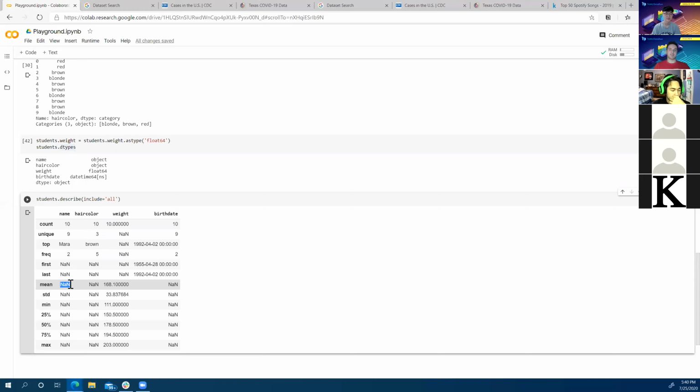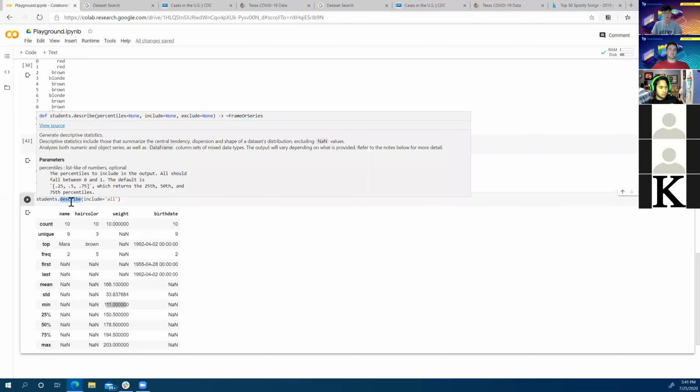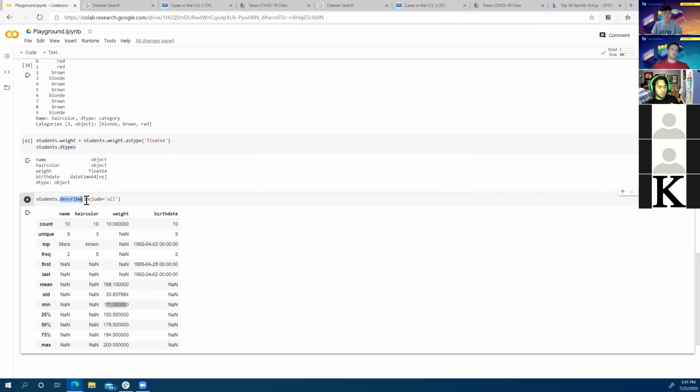So those are just kind of null values. Pandas doesn't calculate those for us because they don't mean anything. But for the weight column, for example, the mean and the standard deviation and all these things might mean something. So this is a cool way to get a quick description of what's going on in your data frame. This is a function that is probably really helpful to call. You import the data set, then you just say .describe, and you get a quick description of everything that's happening. So that can be super useful.